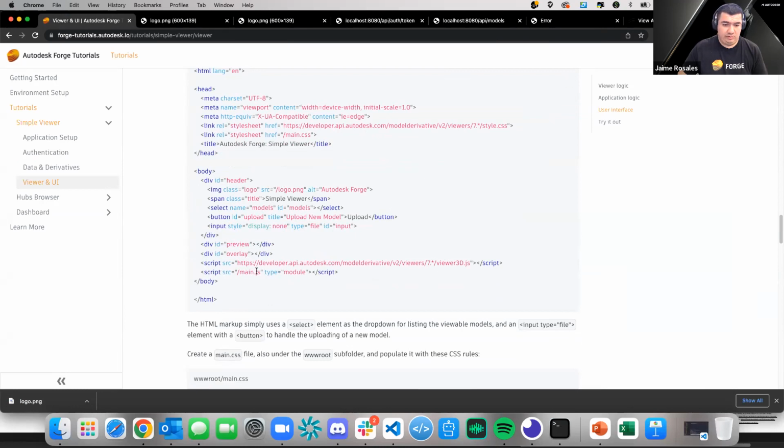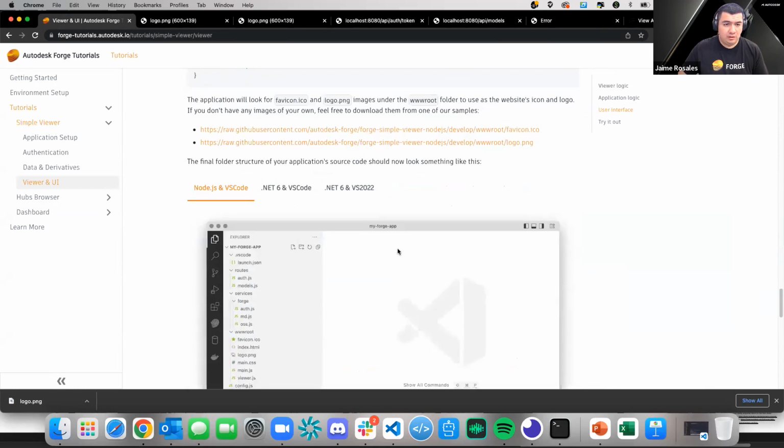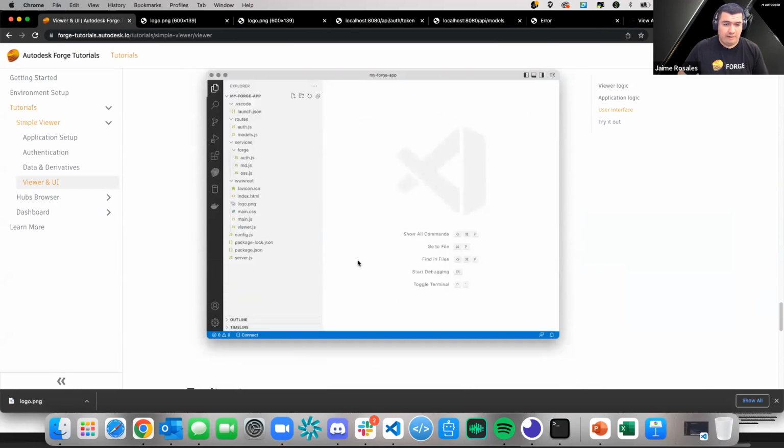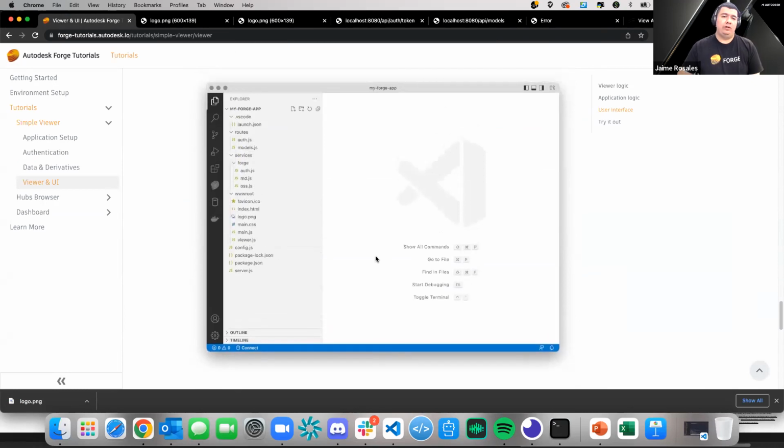main.js, reference to that main.js file. So let's not forget that. Sorry, it's not gonna find it. I think that's it. Yeah. So now our folder structure should look something like this. So main